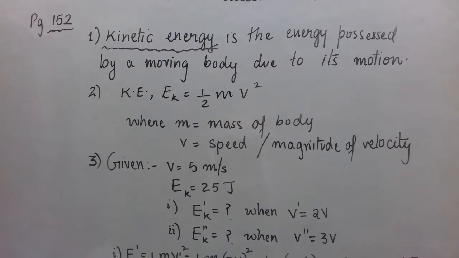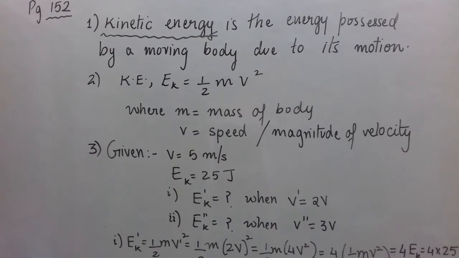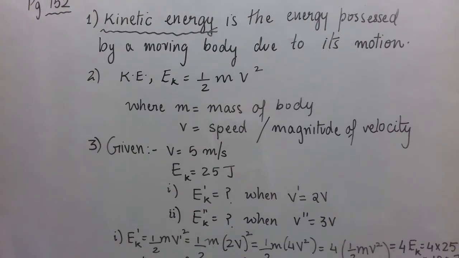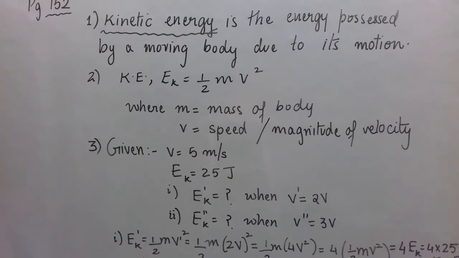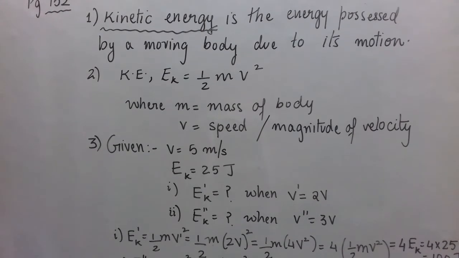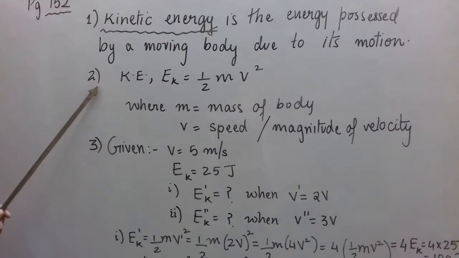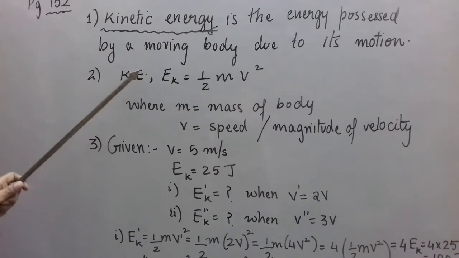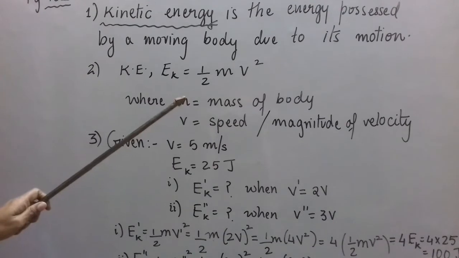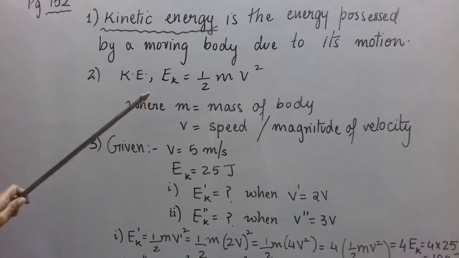Second question is, write an expression for the kinetic energy of an object. Students, whenever you are asked to write the mathematical expression of any law or any formula, you are supposed to write the formula plus you are supposed to mention what each symbol represents in that formula. For example, here we know the kinetic energy, we can represent it by Ek is equal to, all of you know the formula, it is half mv square. But you should mention what is m and what is v.